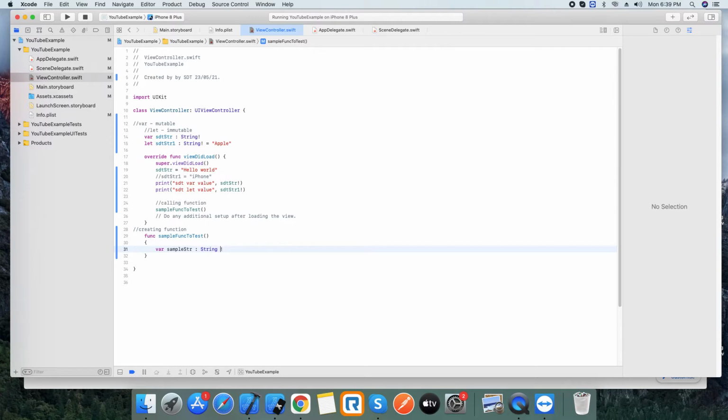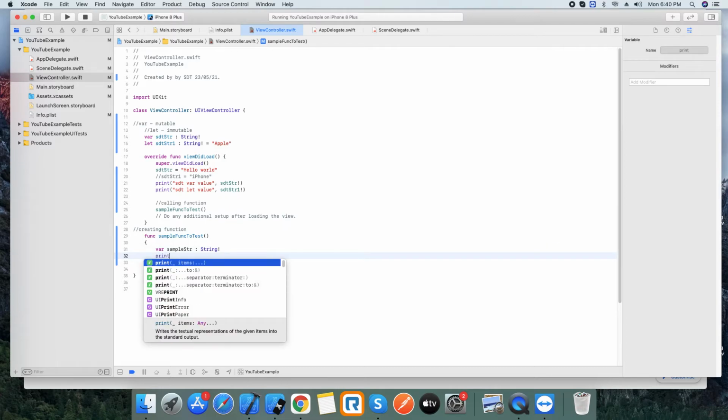I have declared a variable in sample function to test. So I'm going to print this in this same function only.